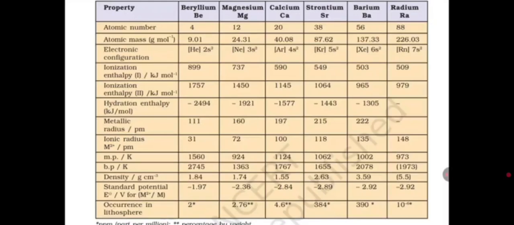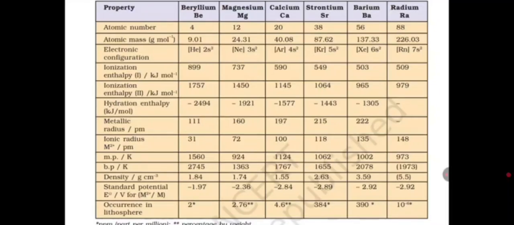Calcium, atomic number 20, atomic mass 40.08, electronic configuration [Ar] 4s2, ionization enthalpy 590, second ionization enthalpy 1145, hydration enthalpy minus 1577, metallic radius 197, ionic radius 100, melting point 1124, boiling point 1767, density 1.55, standard potential minus 2.84, occurrence in lithosphere 4.6. Next is strontium, atomic number 38, atomic mass